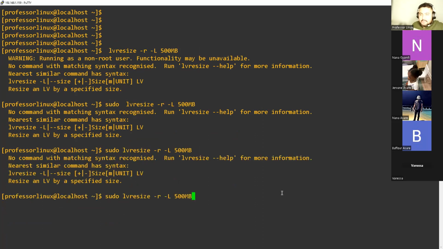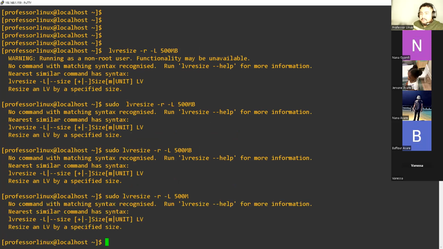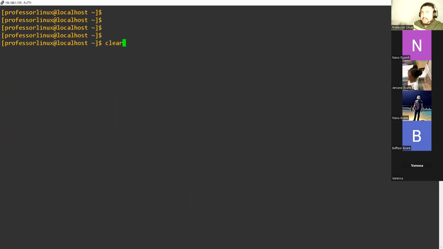But we can run that. So it says resize an LV by specific size. I did megabyte, so I think the MB they don't want to be there. All right, so now I'm going to do it again. Now I have to tell it which logical volume. So the logical volume I want to use is,